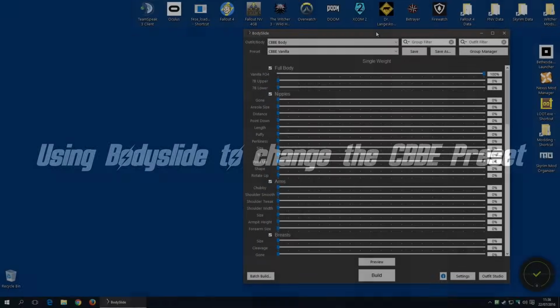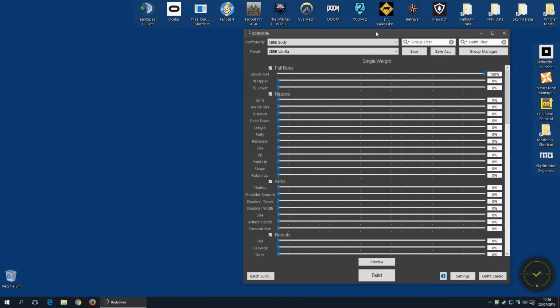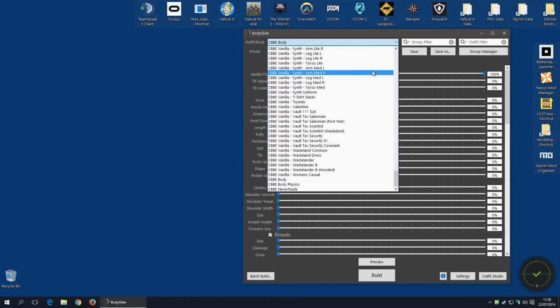Let's change the preset I am using in-game. If you remember, when I installed CBBE, I chose the vanilla body type. I'm going to change it now to curvy. The first thing to do is to change the preset for the body itself. There are a number of ways of doing that. You can go along to the outfit body, go through this list and find the one that you are using,